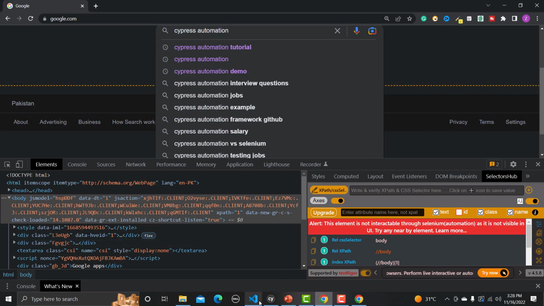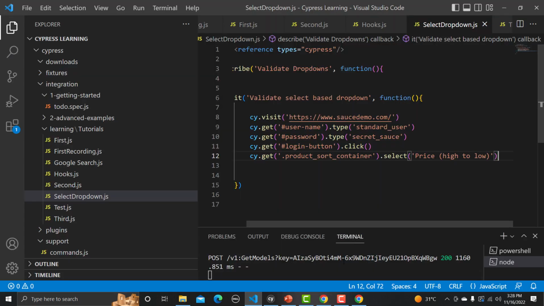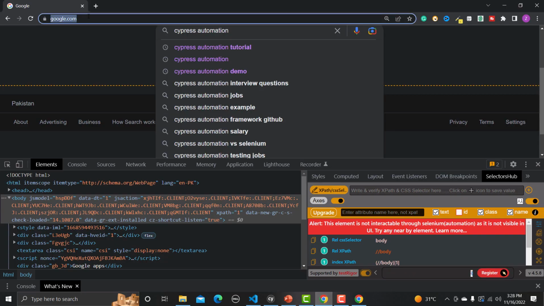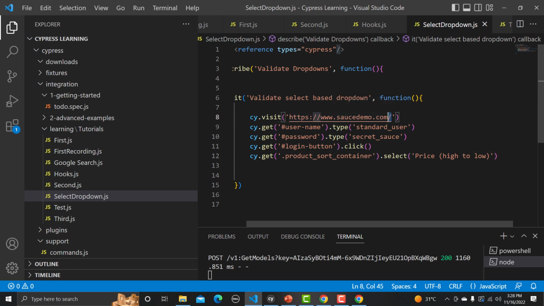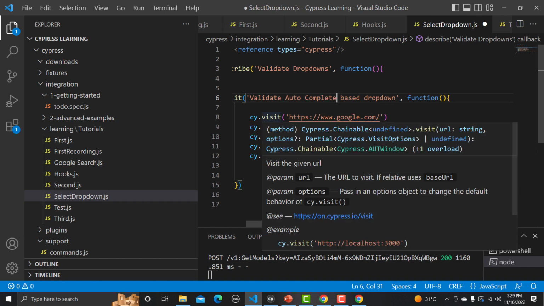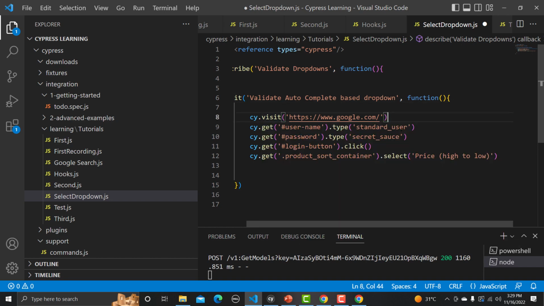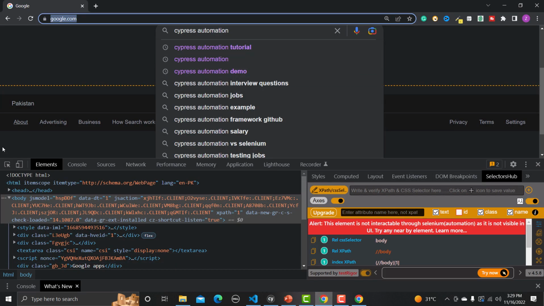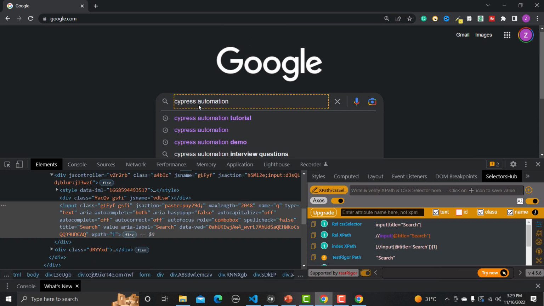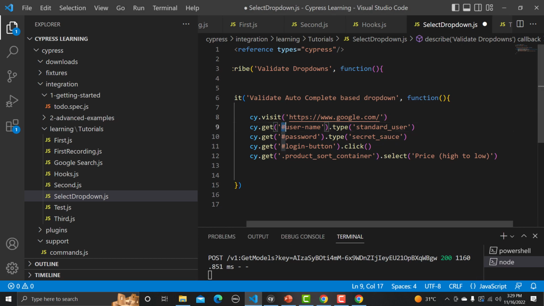And let me go to this Visual Studio Code here, and let's change the code inside here. Let me copy the URL first, then paste it here, and let me change the name to validate complete autocomplete base dropdown. Once we need to go on this particular website, then we need to search a term. So in order to search a term, let me go back here and inspect this drop down field. So this is a field. Let's copy the locator from here, go back here, provide this here,